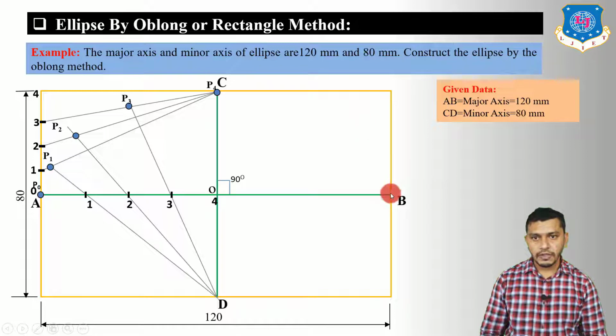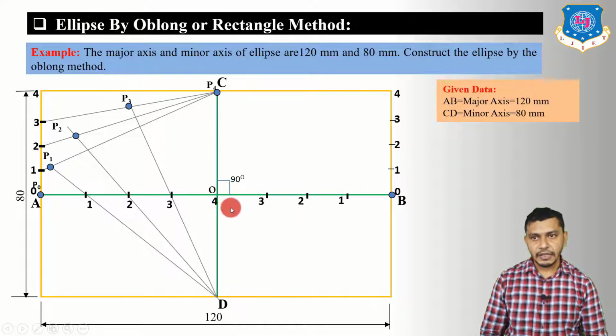So what we have to do, we have to divide this vertical line into 4 equal divisions. Divide it using the scale into 4 equal divisions, or you can also use the inclined line method to divide the line. Give the numbering 0, 1, 2, 3, 4. Now as we have divided this line into 4 equal divisions, we have to divide the length OB into 4 equal divisions also. So divide the OB length into 4 equal divisions, 0, 1, 2, 3, 4.